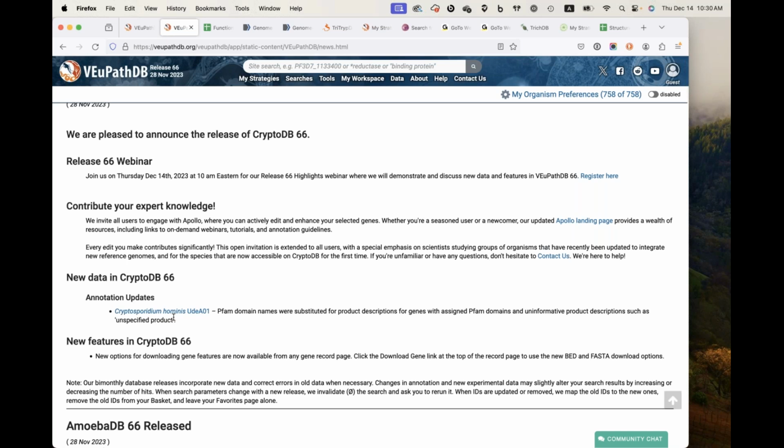And so if a gene is annotated as a gene with unspecified product or unknown function, we have a way now to automatically assign it, if that gene has a functional domain. So let's say a gene has a kinesin domain, then this gene will become a gene that's hypothetical but has a kinesin domain. Its new name will be something like kinesin domain containing gene. So it's a little bit more informative and allows you to see right at the top of the gene page